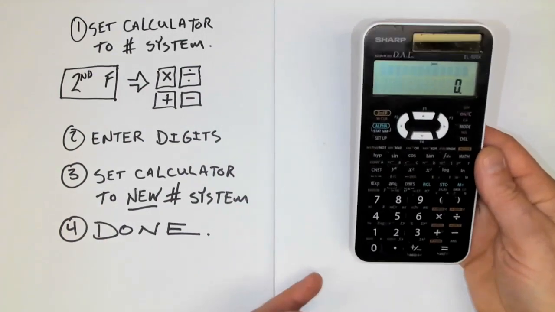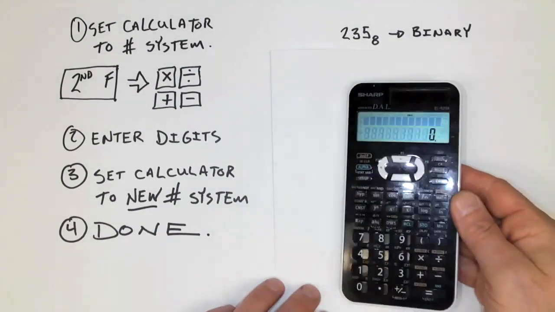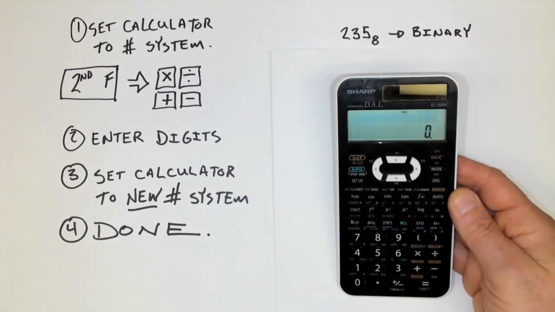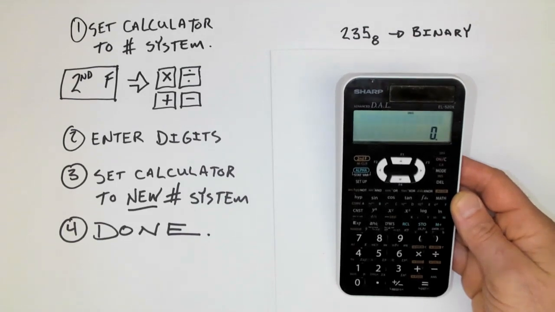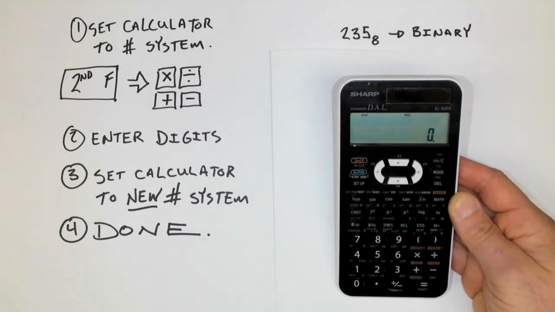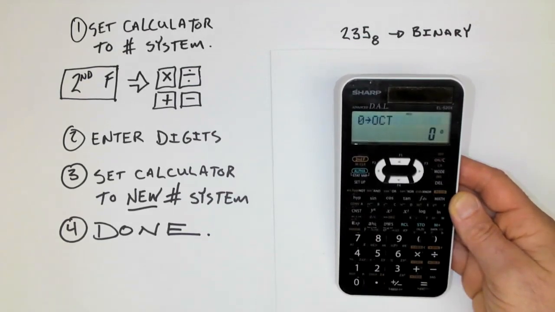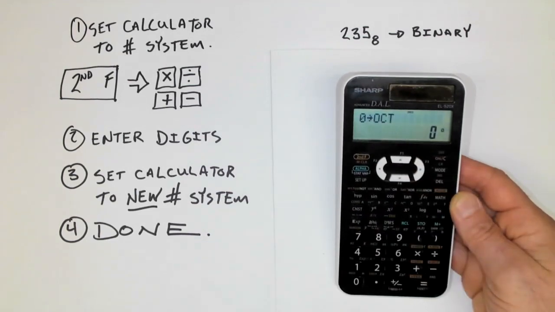So let's do an example of a numbering system conversion. And what we're going to do is take 235 octal, and we're going to convert that to binary. So the very first thing we need to do is press the second function button, and I need to then identify octal, which is the negative symbol. And when I do that, you'll notice that there's a little O that shows up in the far right-hand side, and now I can enter in my number,